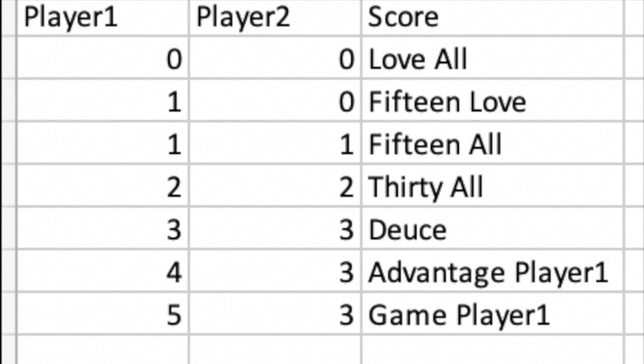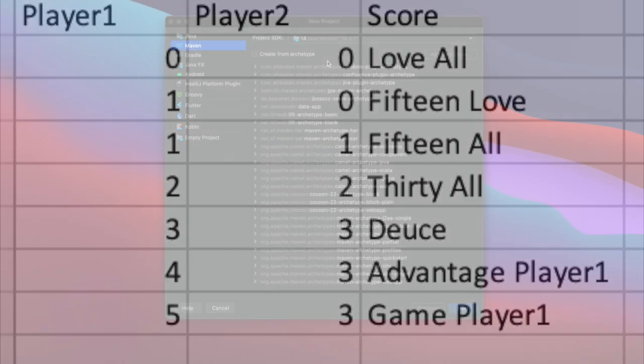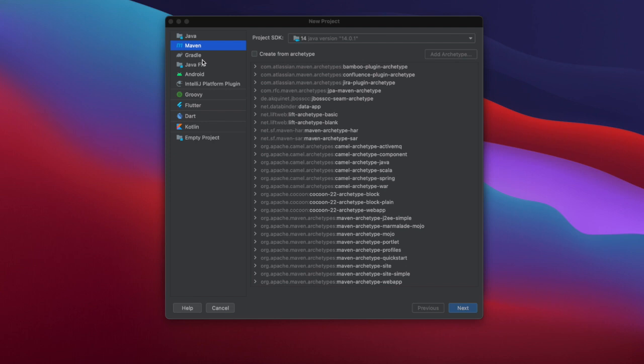We will be writing a Java program using the IntelliJ IDE to fulfill the requirement by following test driven development. So first write the test, then write the dev code which will satisfy this tennis game scoring requirement. So let's jump in. Using IntelliJ's new project, I'm creating a Maven project,